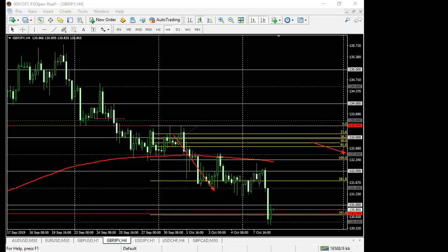The market broke below it and came back in, took a swing again at 131.50, popped right above 132 even, and then came back down to 130.50. Obviously we placed our targets a bit closer than 130.50 because the market has a tendency of pulling back just before those big figures, the round numbers. You don't want to be caught in a scenario where you had all this profit running from this trade setup, and all of a sudden, 5 pips from the take profit, the market reverses aggressively and comes back to hit that level, because a lot of you would have broken even at that zone. So it would have really